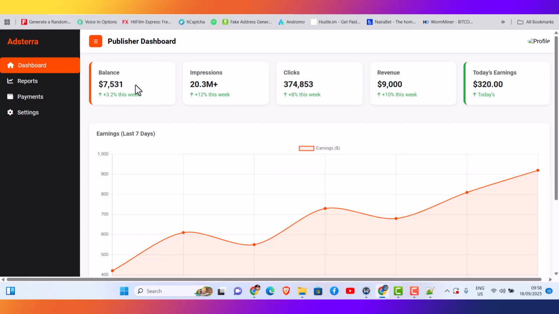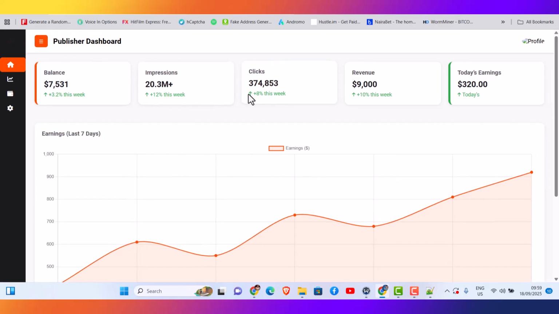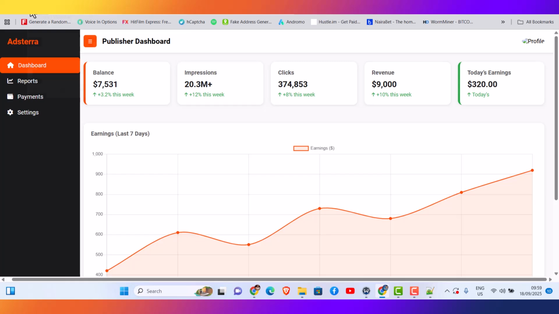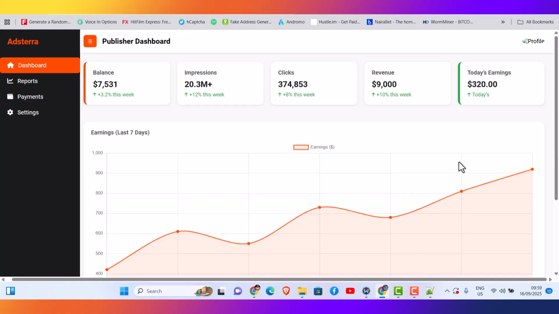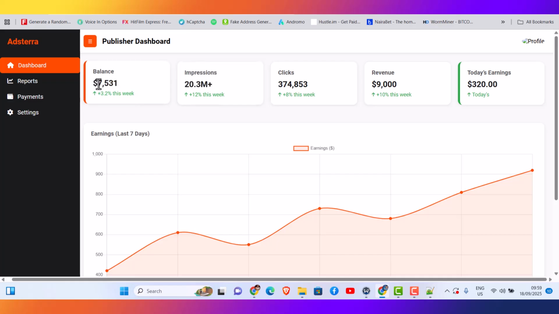Alright guys, you can see this is my Adsterra dashboard. This is my earning dashboard, and I can refresh it so you can see that nothing changes, showing you this is the real thing. You can see I currently have over $7,531 in my account. See my impressions, my click-through rate, and my revenue of 9,000 plus, and see what I have earned so far today. I've earned over